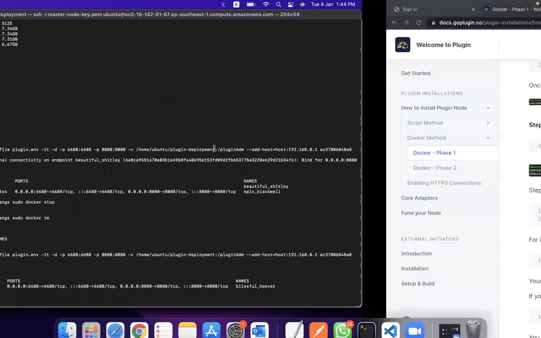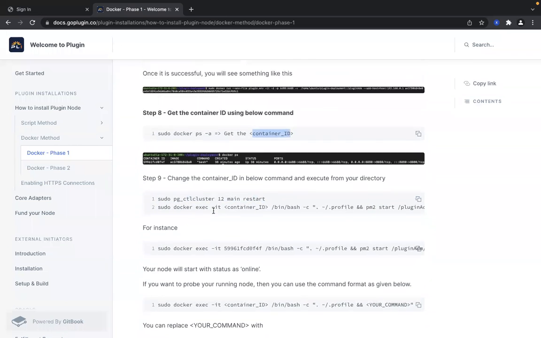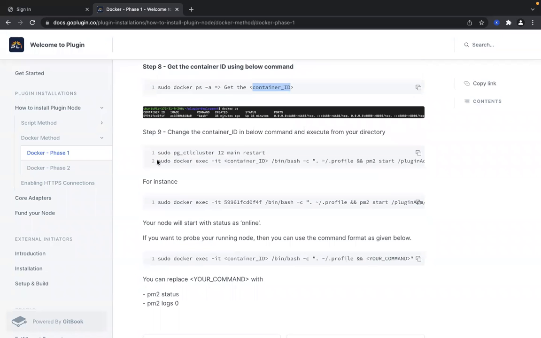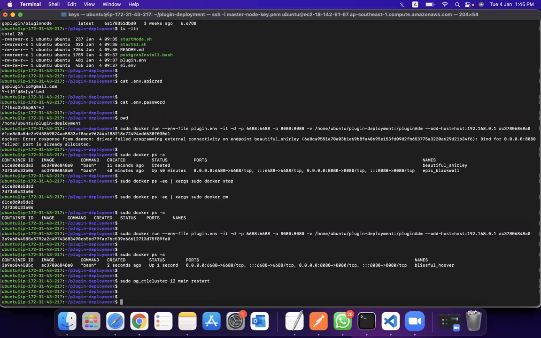This is what we did before. This is the step we already did to get the container ID, and I have already restarted the Postgres. And here is the last command you need to enter to start the node. You're not going to touch anything in this command.